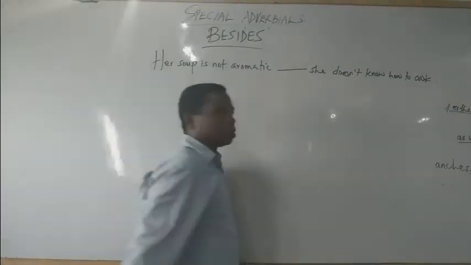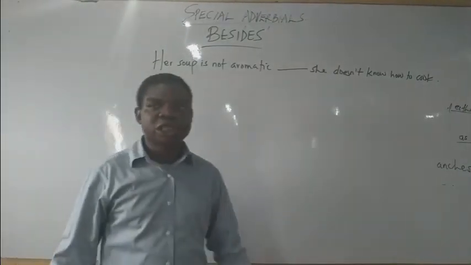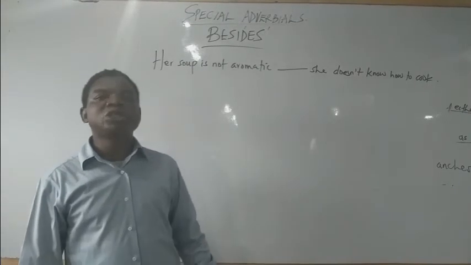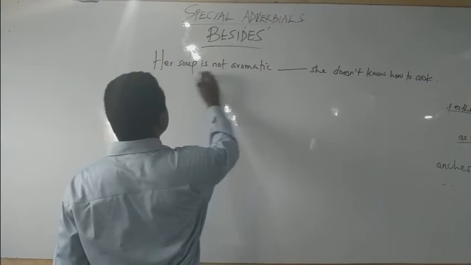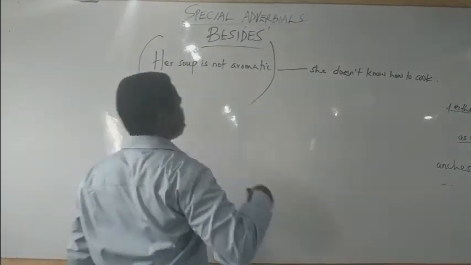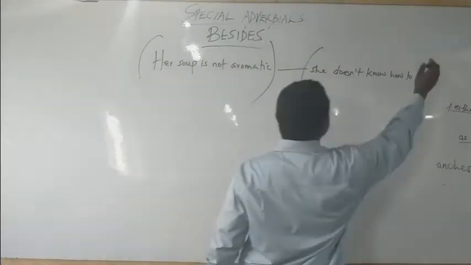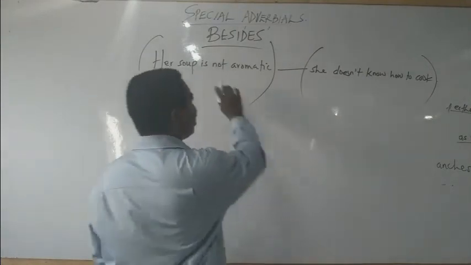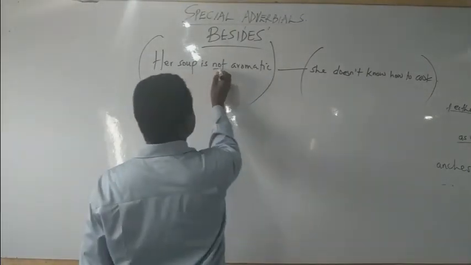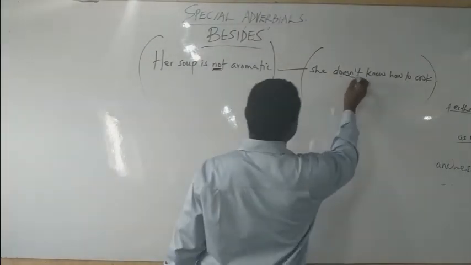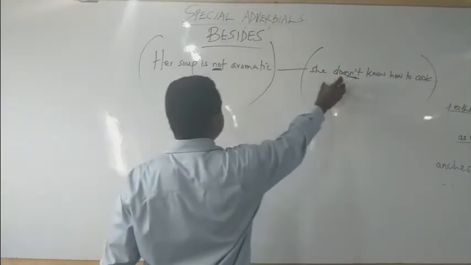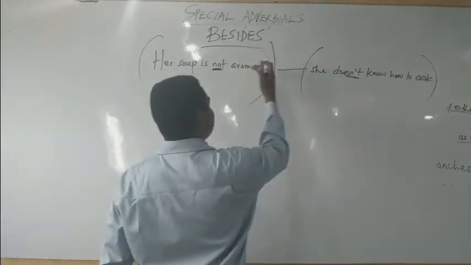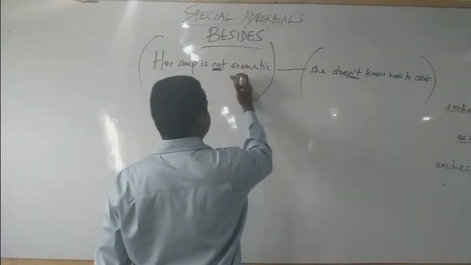Her soup is not aromatic, dash, she doesn't know how to cook. Can you see? The first clause is what? Her soup is not aromatic. First clause. Second one is what? She doesn't know how to cook. This one is negative. This one is equally what? Negative. Where you have two negative clauses in which the second one is affirming what is expressed by the first